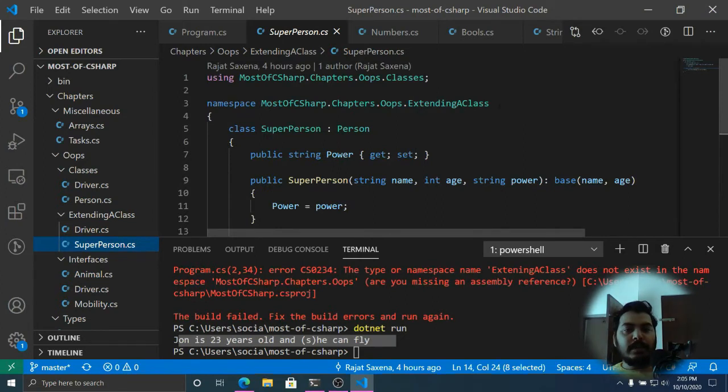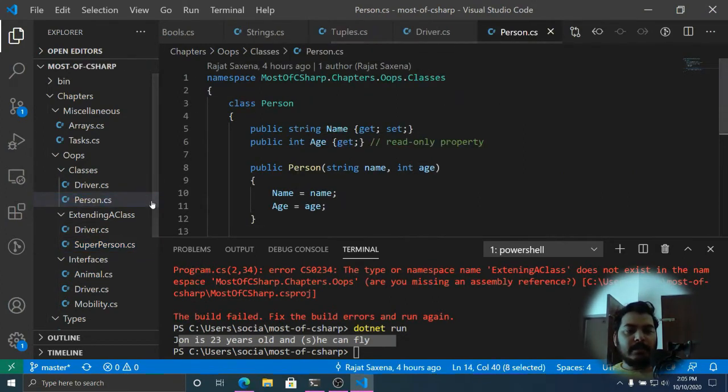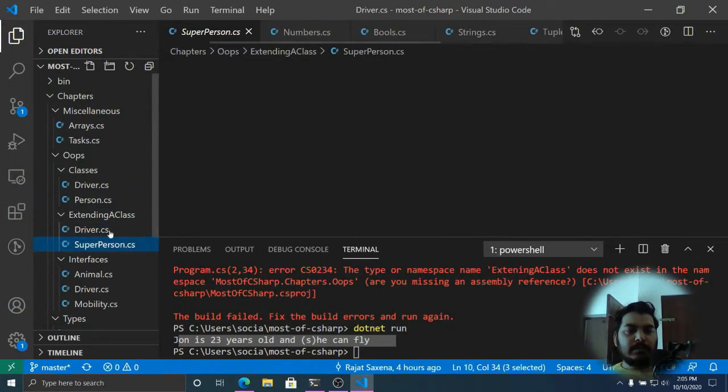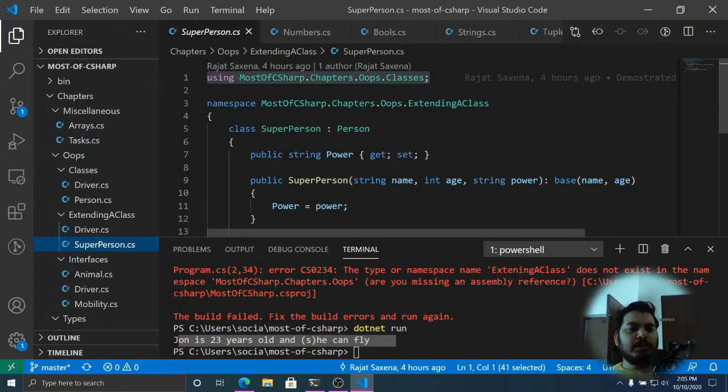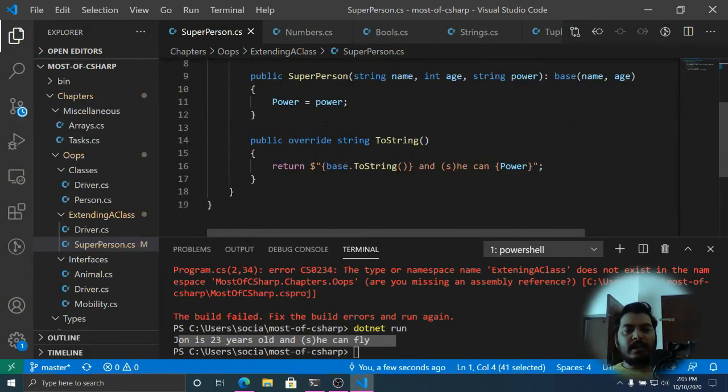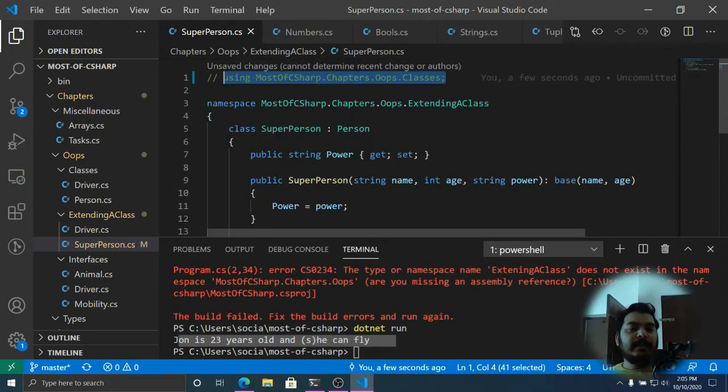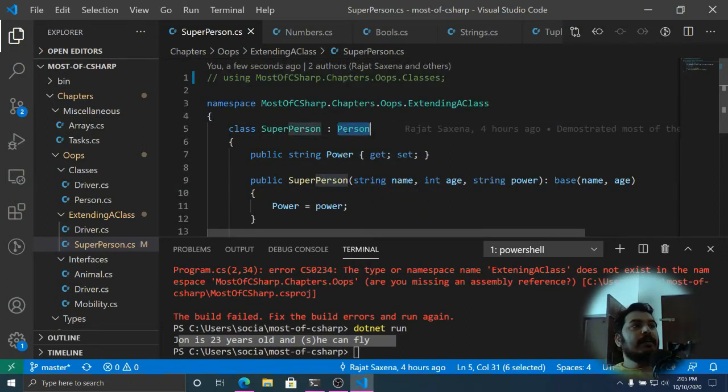One more thing is that we have imported person to this superperson class by using this using clause. So keep that in mind. If we remove this thing, it will start to throw an error that this person class cannot be found.